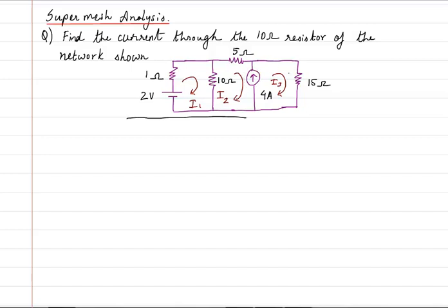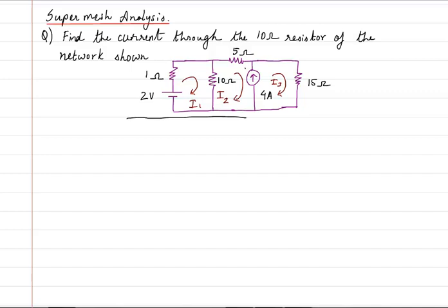So what is the trouble with this? The trouble is that if I am going to write the mesh equation for this scenario, where I have I2 current flowing in this mesh 2, then since this resistance is 5 ohms and the current is flowing in this direction, I write plus minus. Here for this resistance, I2 is flowing in this direction, so I will write plus minus. So there I can write. But what about this one? This one I cannot write anything because